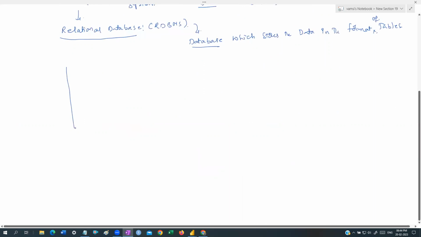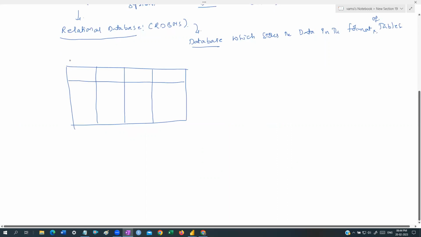We all know what a table means, guys. A table stores the data in the format of rows and columns. Just now we have seen a table called cars. What is the year of manufacturing? What is the model? What is the price? What is the mileage, etc. Columns and rows.